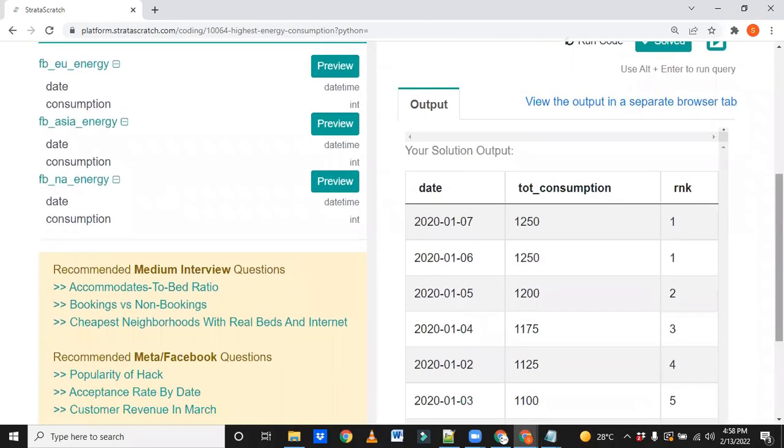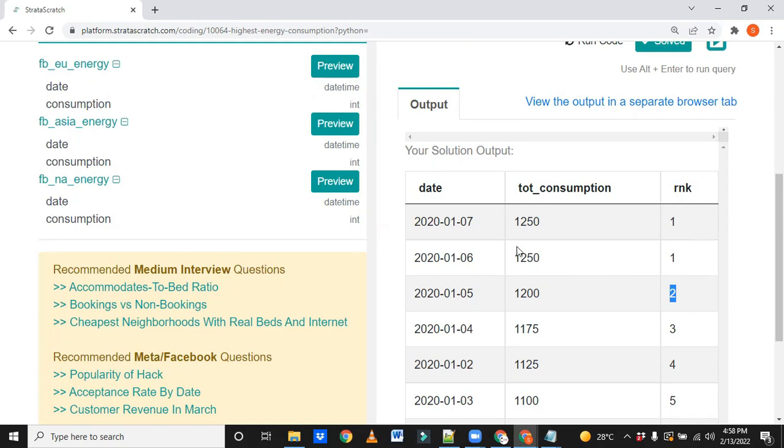See here, this is the third column that we derived. The highest value is given 1, 1, and the rest are 2, 3, 4, 5. What happens if we use rank? We can use the rank function also, because it will give the same output for the first two records, 1 and 1. But for the third one, if you want the second highest, the rank function won't give it as 2. So that is the reason.